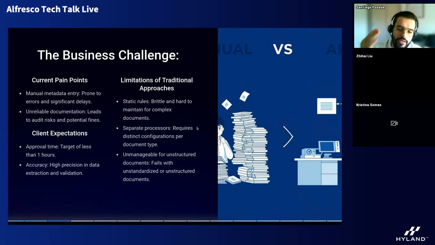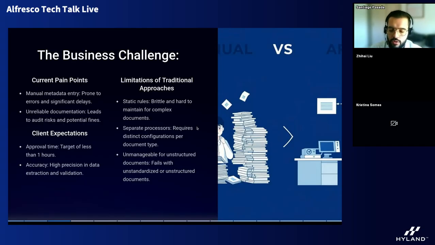So it requires a distinct configuration per document type, and this will become unmanageable. It will fail with unstandardized and unstructured documents, because in manual and programmatic processors, you could find the content of a given document with regex, or maybe by the location of the text. But if the documentation is not standardized, you will have a really bad time trying to achieve that goal